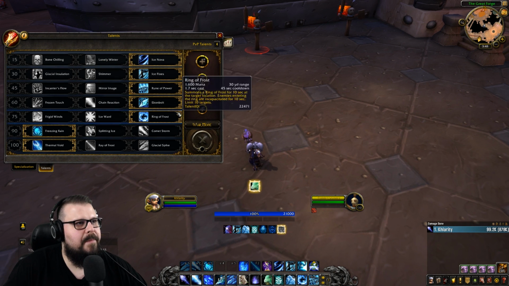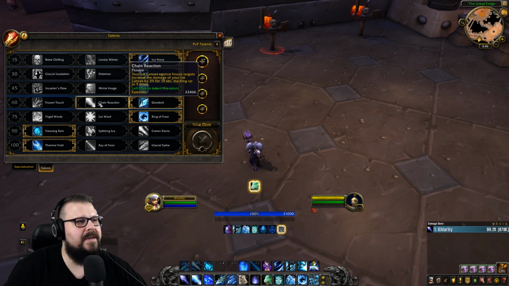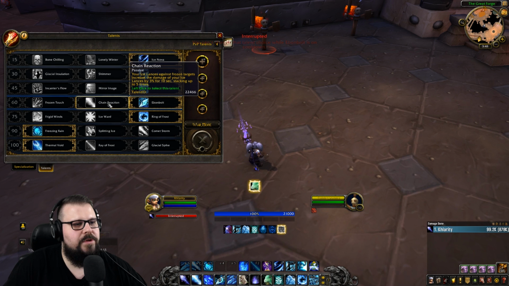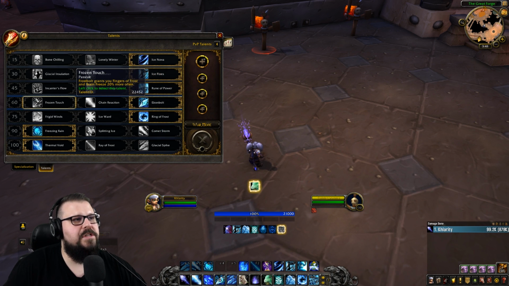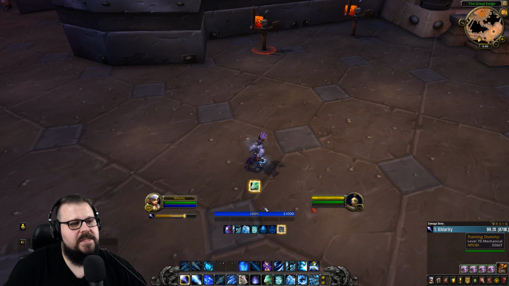Ice Flow is at the bottom in the utilities. This row is exactly the same for all Mage specs. Even Bolt is being tracked there. If you pick Chain Reaction, we're going to wait for Even Bolt to come off cooldown real quick. So Frozen Touch is not going to change anything, pretty much. You're not going to track anything special. And Chain Reaction, we're just going to track